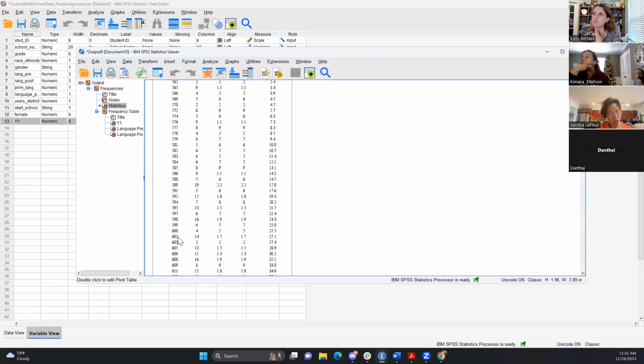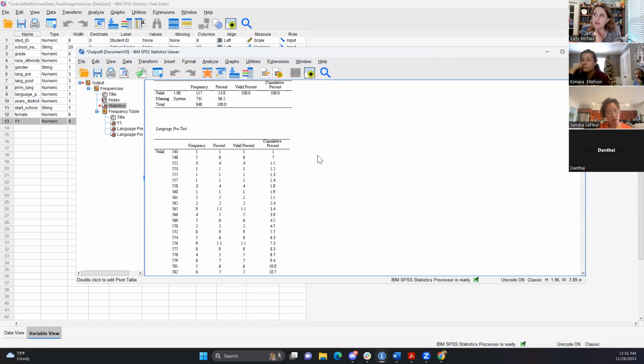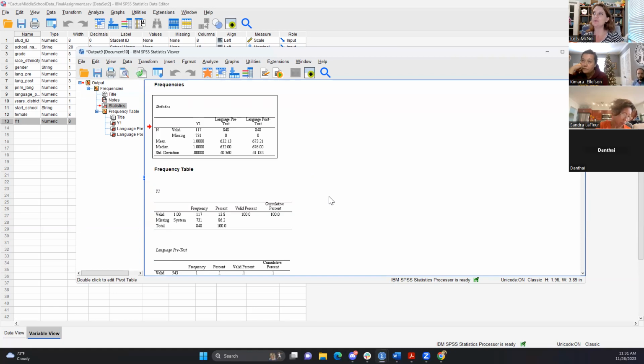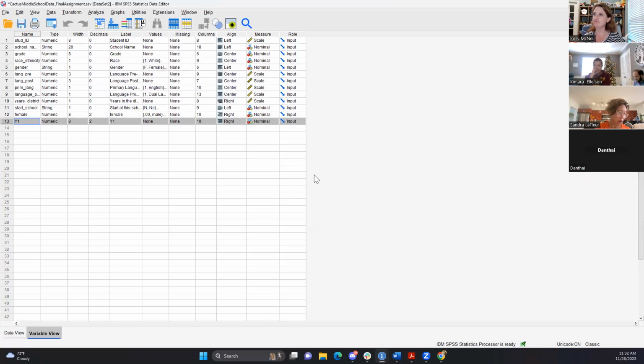So we've got all the different scores, but within this table, we need a column that says years. We need to be able to see how years in the district affect your pre and post test scores. How do you run a test for that? Because we know we could do it for female and male, based on our homework. We know that we have that data. Did we try this based on that variable, for female and male? No, I don't think we did.